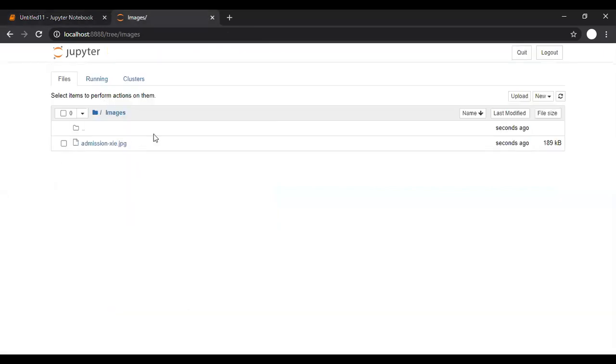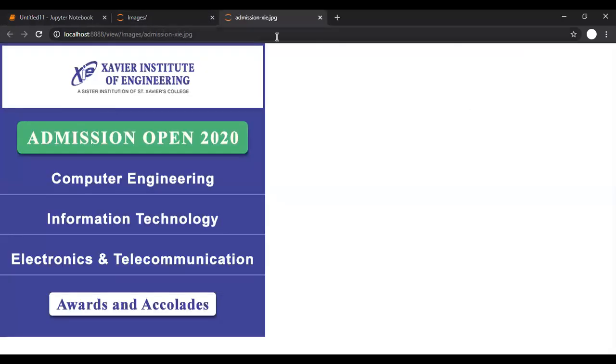So if I go here, there is an admission jpg file, and if I click on it, the file is open. Class, can you see this file? Yes, class.